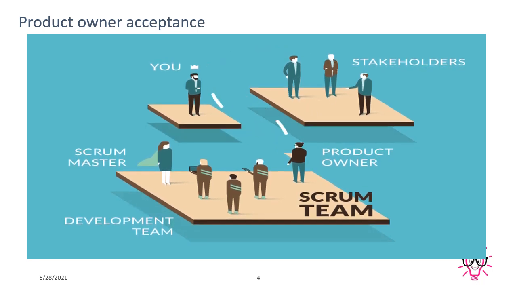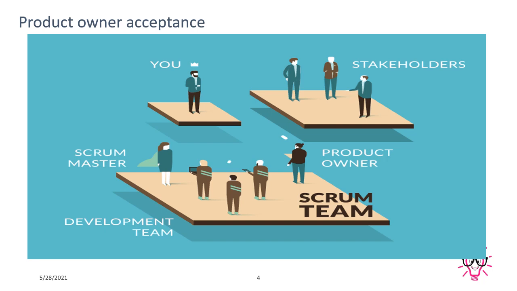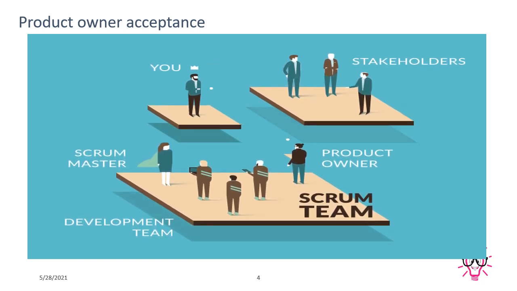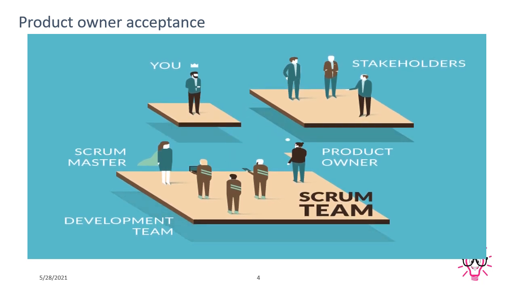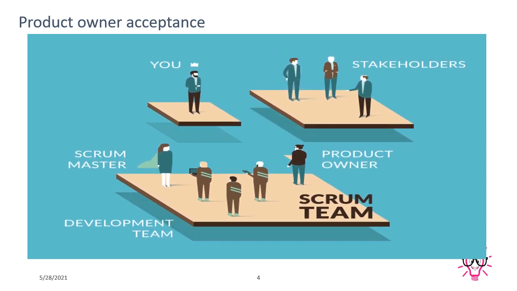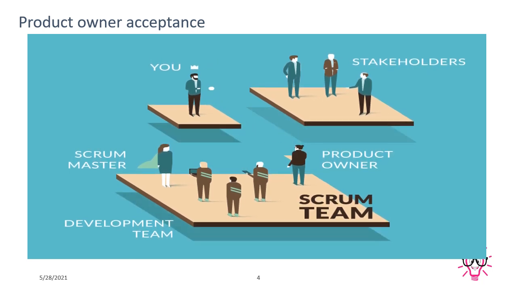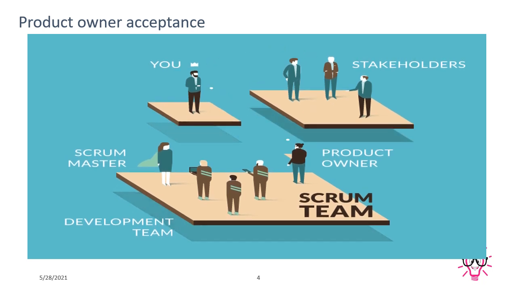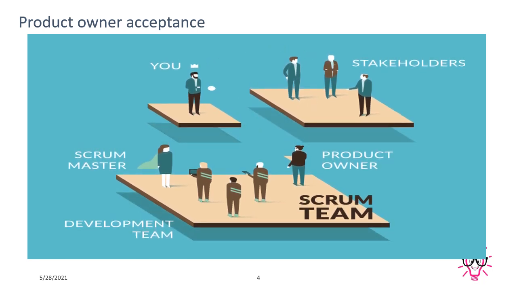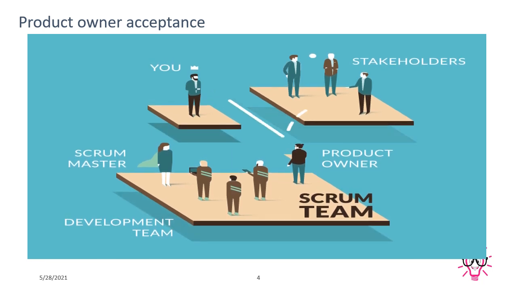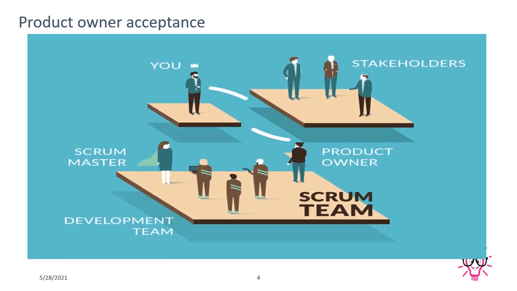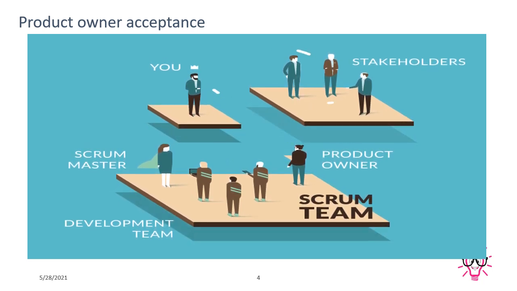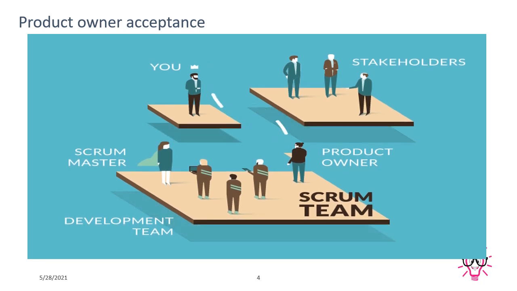Now here, if I want to do a health check of the product backlog, the first product health check is done by the Scrum Master after getting the product backlog requirements, or the set of product backlog, from the product owner. So the Scrum Master visits each and every requirement, reads each one line by line. This is the job of the Scrum Master, and finds out whether there is an acceptance criteria, or maybe a definition of done and definition of ready. Both things should be available.